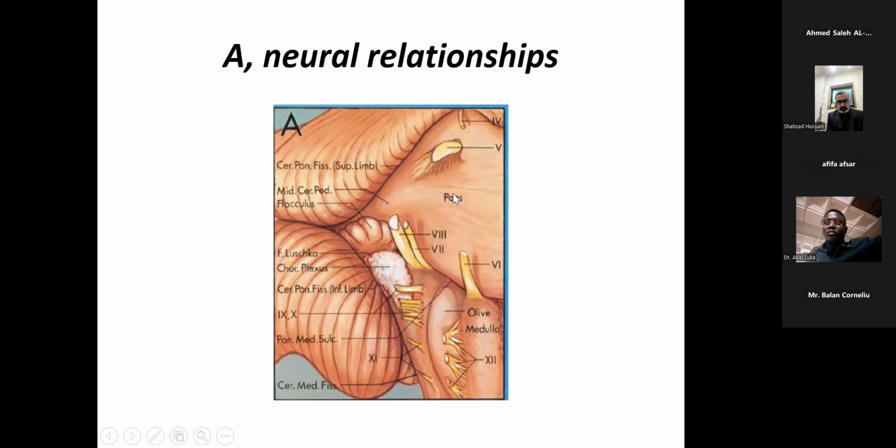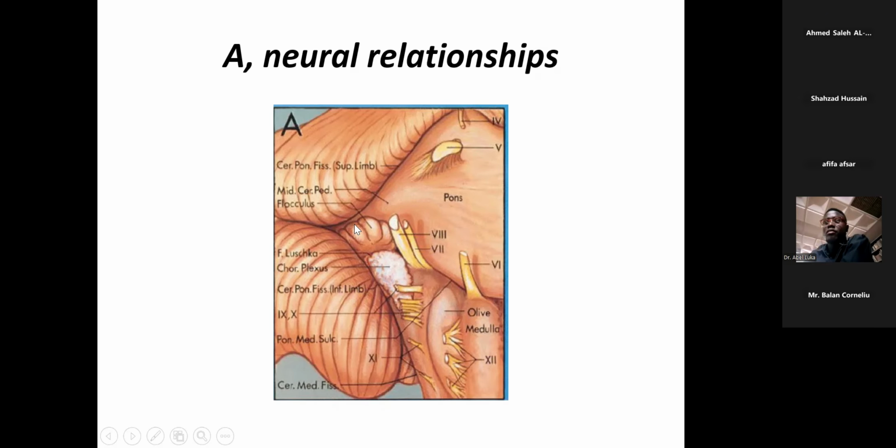We can see the olives of the medulla here, and we can appreciate the origins if we start from the topmost nerve complexes. Cranial nerve 5, the trigeminal nerve, tends to arise from the pons, and this is the superior limb of the cerebellopontine fissure, the fissure existing between the petrosal surface of the cerebellum and the pons itself. This is the inferior surface as it curves around the pons to form an angular space that harbors so many important and vital structures. This angular space is called the CP angle. This is cranial nerve 5, and it goes on laterally to exit into Meckel's cave.